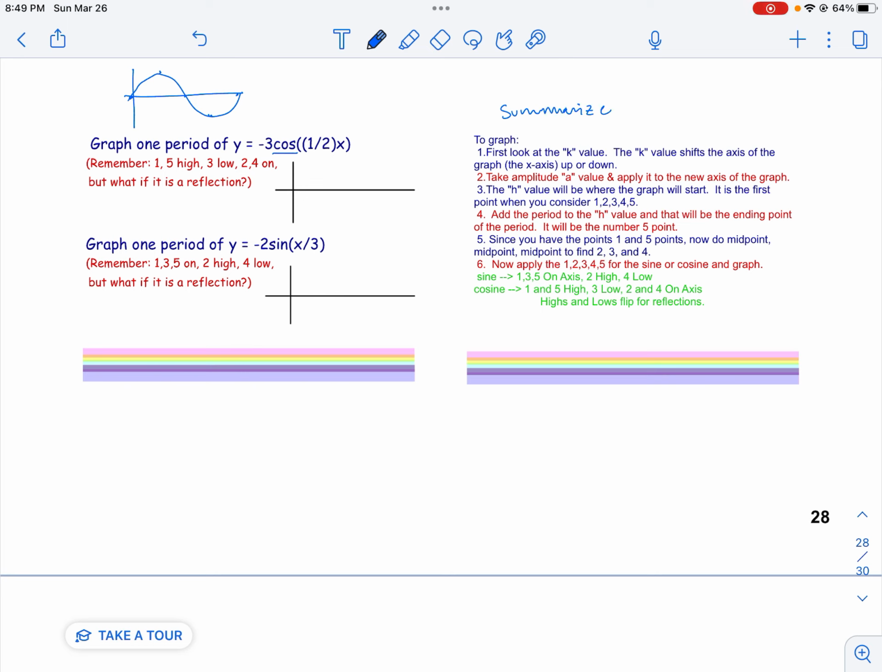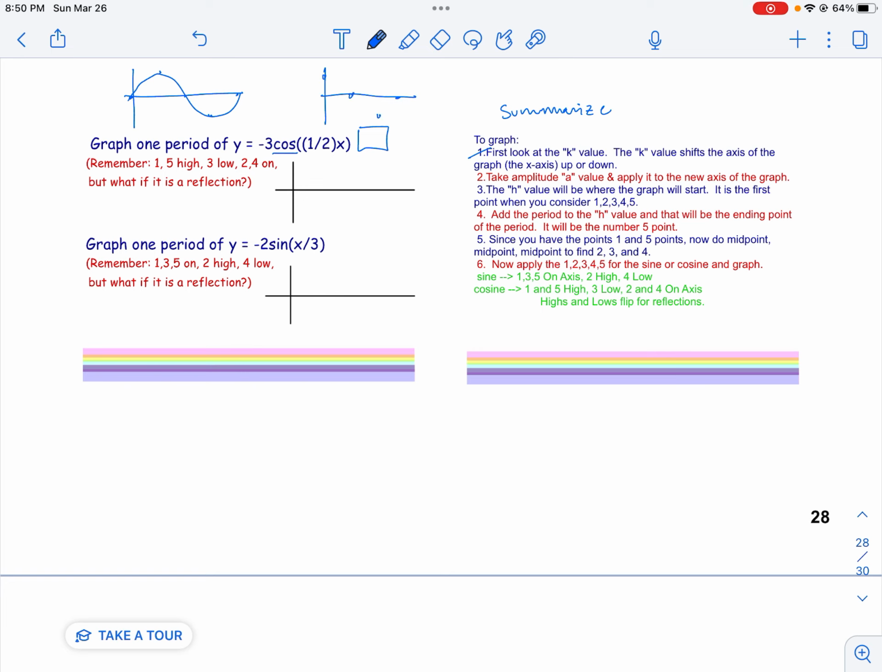So I'm going to look at any phase shift that happens. I'm going to look at k. There is no k value here. So there is no phase shift. It doesn't move up or down. Now I'm going to take the amplitude, the a value, and look at the new axis on the graph. Well, since it didn't shift up or down, I'm now looking at a cosine curve, which looks like